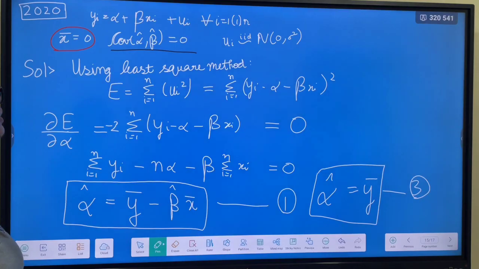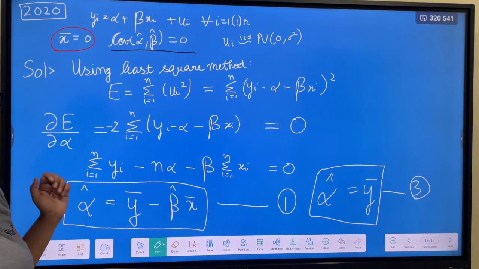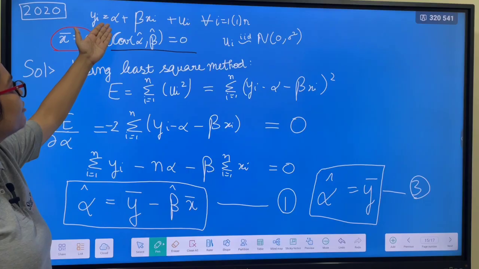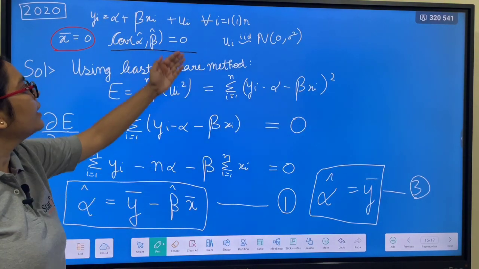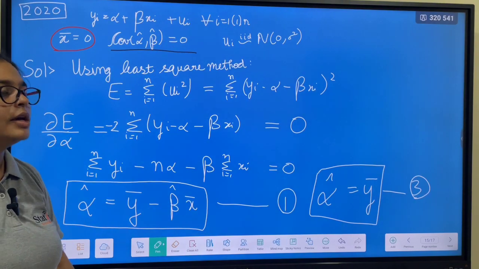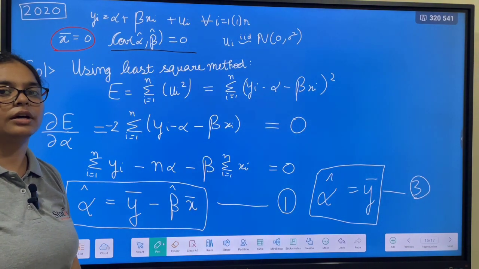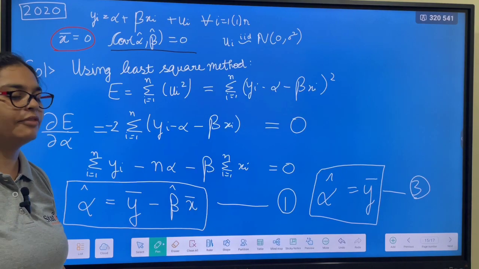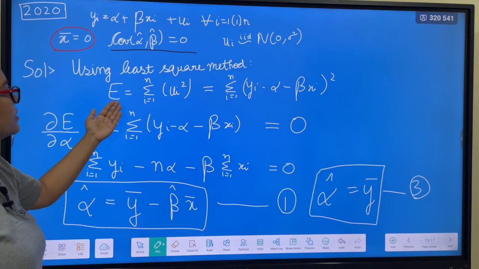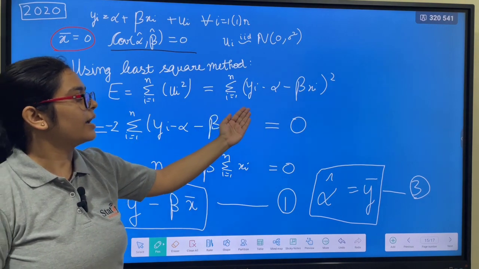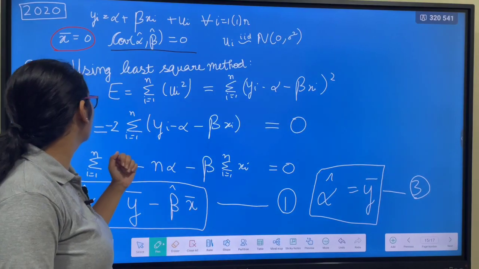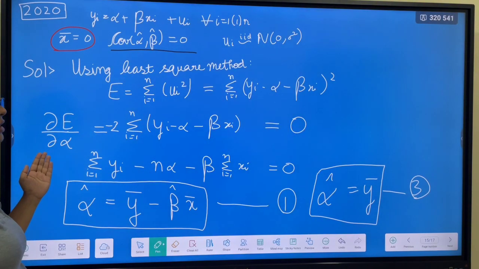So here also we'll use the method of least squares, as we have done earlier in the derivation. We had taken it as beta naught and beta 1. Here they have given us alpha and beta, and instead of epsilon i, they have given us ui. The derivation goes similarly, only the parameters have changed. So taking the least square estimator as summation i goes from 1 to n ui square, which is nothing but summation i from 1 to n yi minus alpha minus beta xi whole square. Now we will differentiate this equation firstly with respect to alpha and secondly with respect to beta to get the estimators of